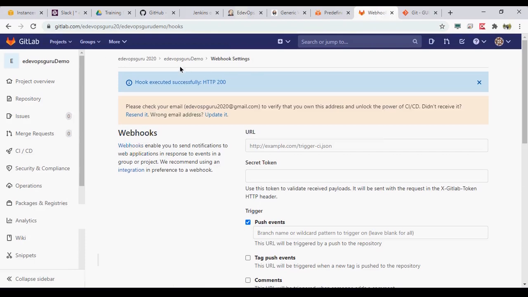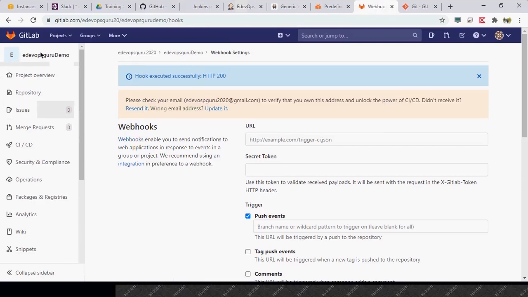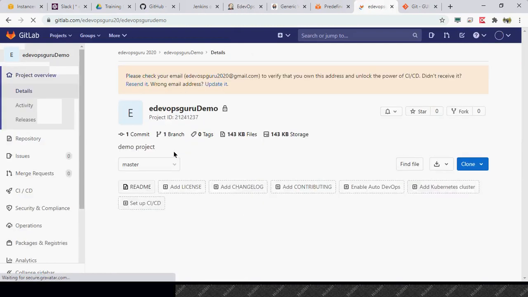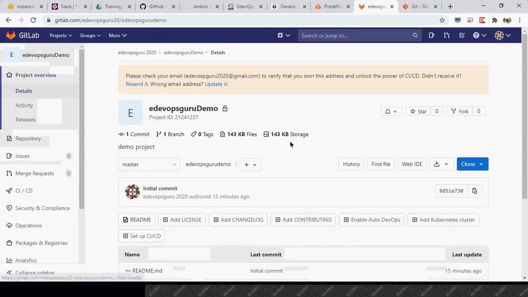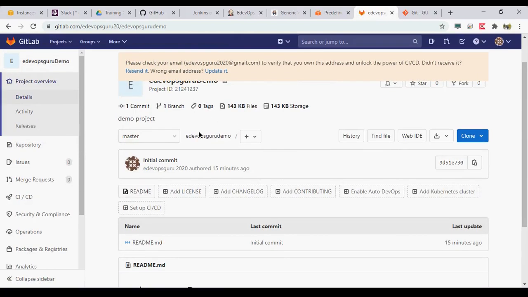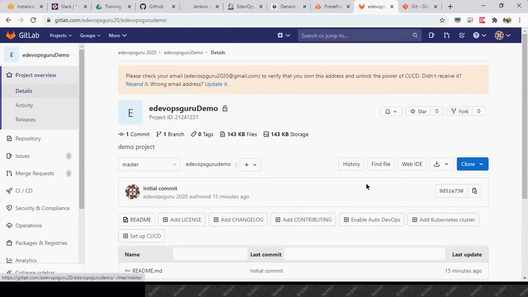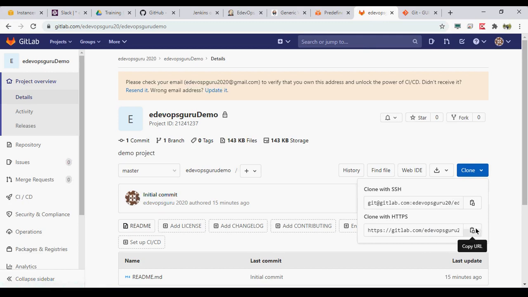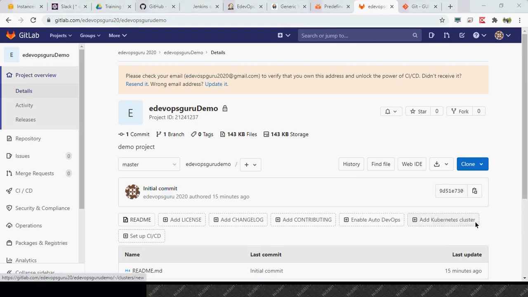Okay, so this is your GitLab. You go to the particular repository which we just created. How do you find the URL? You can find the URL on this page.